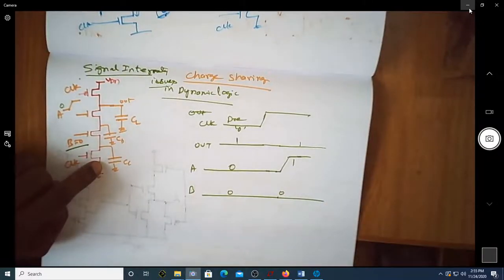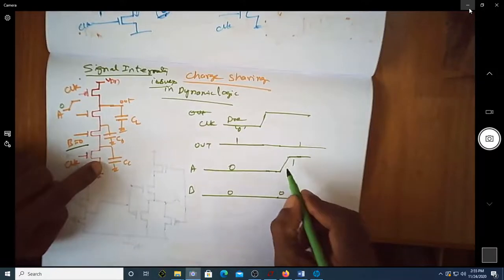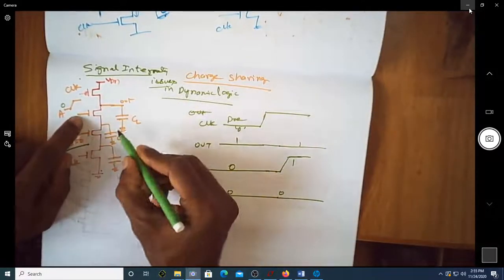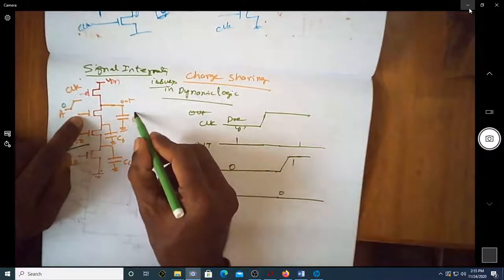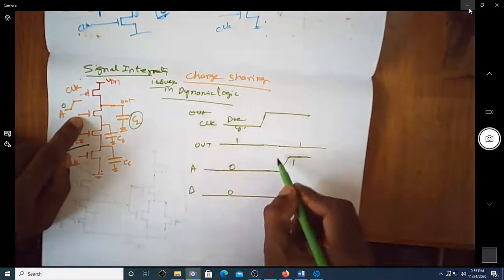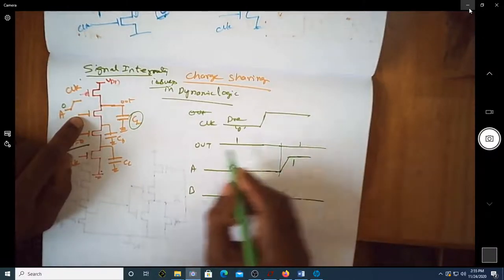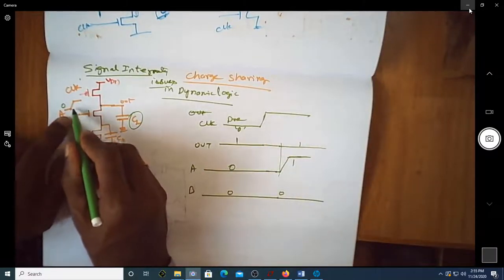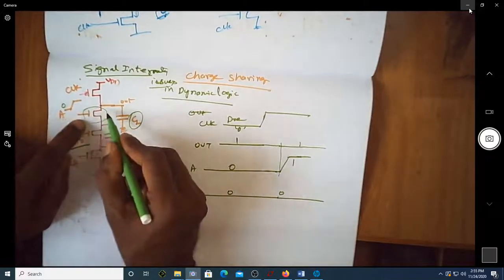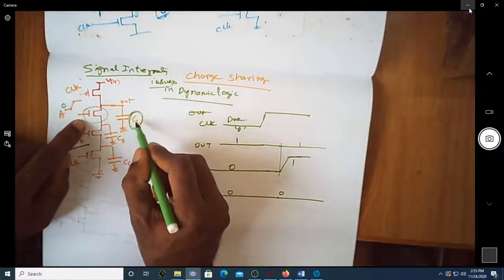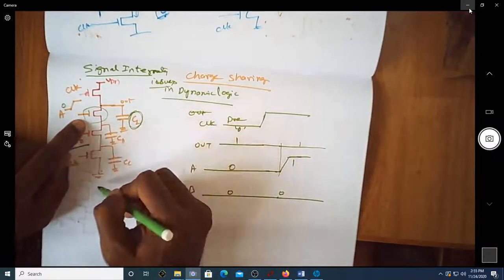But typically, even though you don't have a path from this to ground, whatever charge is stored in this load capacitor CL till this point, it will be holding some charge. As soon as we turn on this A transistor, which was actually blocking the charges in CL from going down to ground,